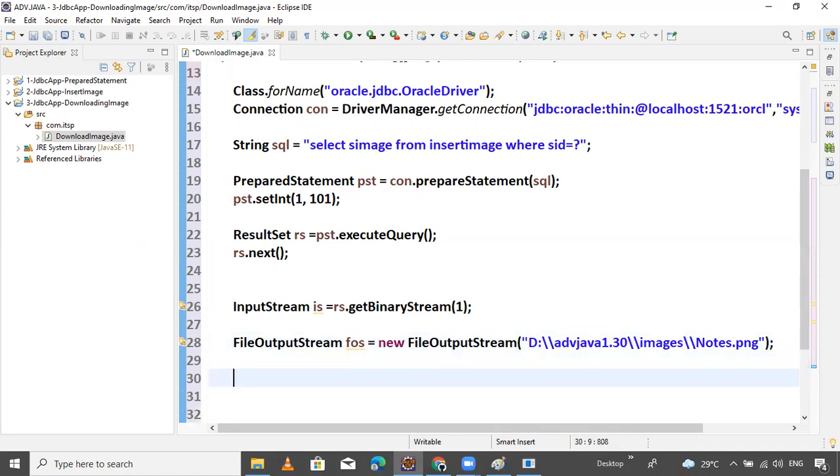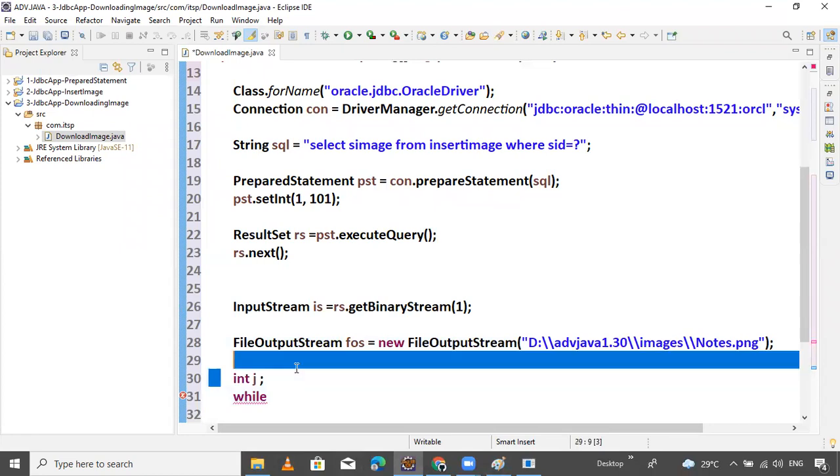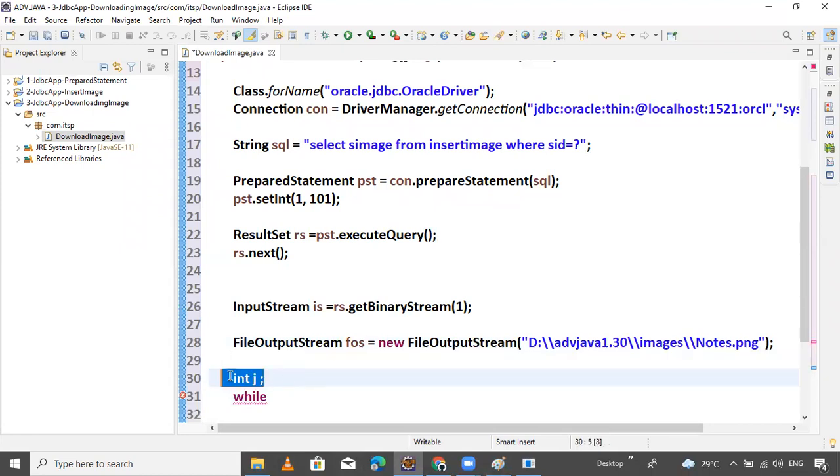Now next, read the data until we do not get -1. So we have to take one variable like j. For a local variable, Java basics say that if you declare it, it is not required to initialize with 0, it takes a default value.